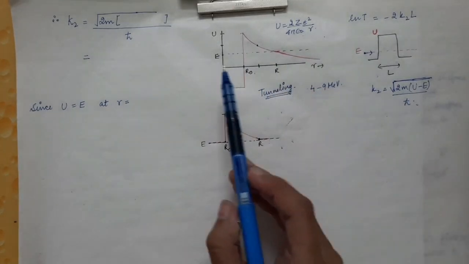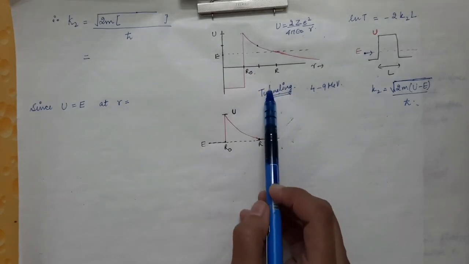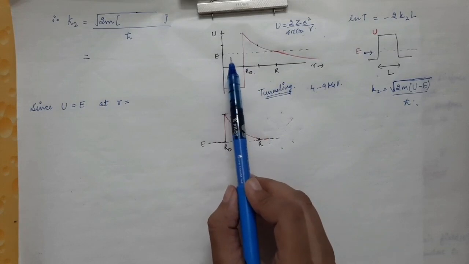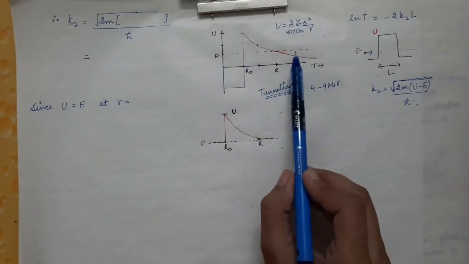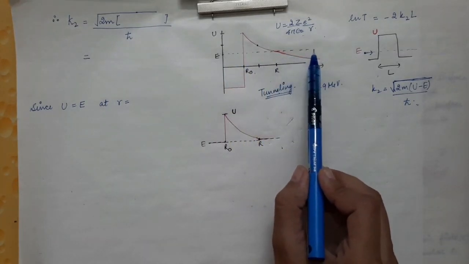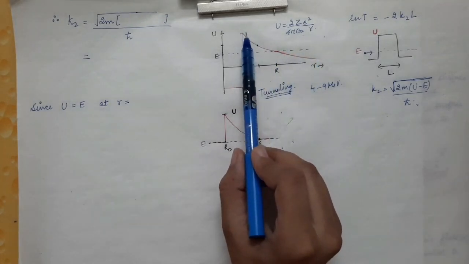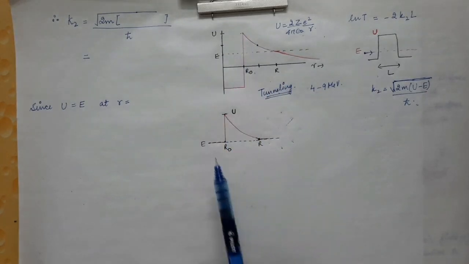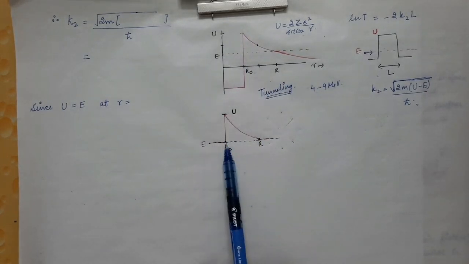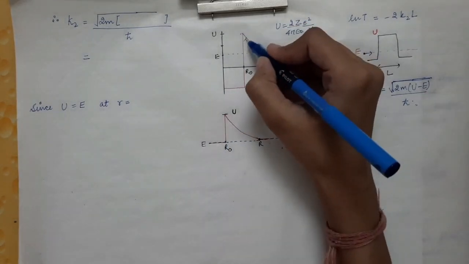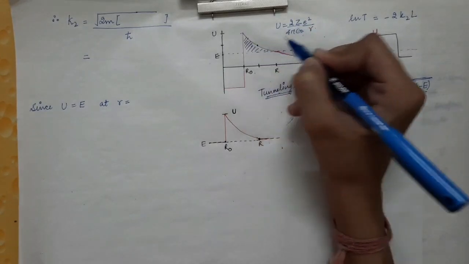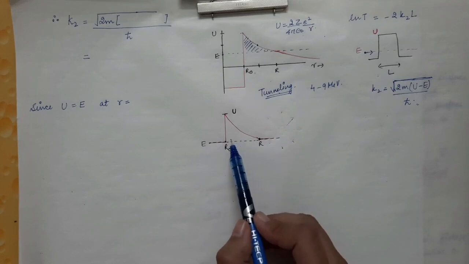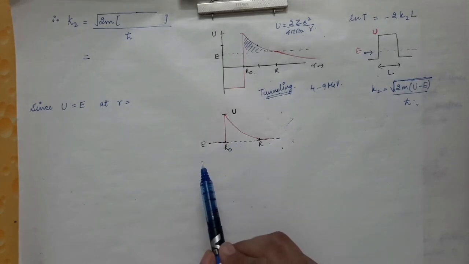According to classical mechanics, tunneling is never possible, but quantum mechanics gives us the explanation of non-zero transmission probability when the potential barrier is greater than the energy of the particle. So this is the energy of the alpha particle, and we have drawn only this small portion